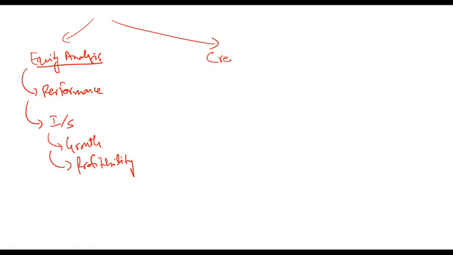Another type of analysis can be credit analysis. It is done by the creditors. If someone has given a loan to the company, then he would want to know whether the company is in a good position to pay back or not. So what will it be focused on? It will be more focused on position. Remember, it does not mean that equity analysts wouldn't look at the position or credit analysts wouldn't look at the performance. All would look at all the performance, position and flexibility measures. But the key focus is on performance here, and the key focus is on position here.